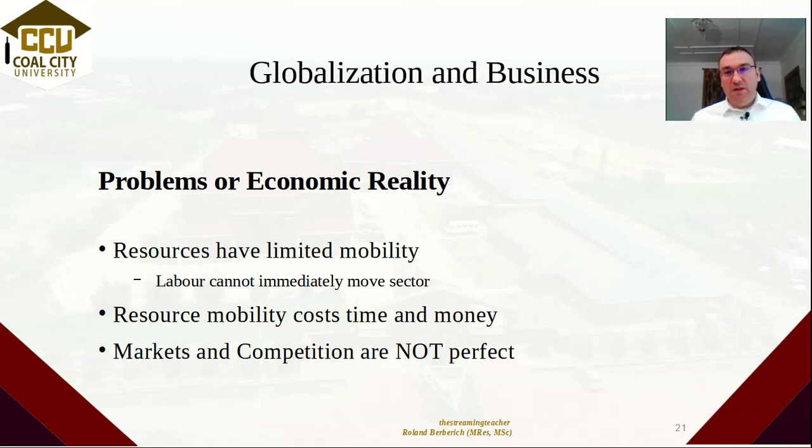And one of the things that we need to recognize is that the market and the competition between market players is not perfect. There is a distortion of power, or there was for the last 20-30 years, a distortion of power towards the employer, and that is changing these days post-COVID. We will be talking about this in a later session, but for now, markets are not perfect. They have distortions to one side or another.